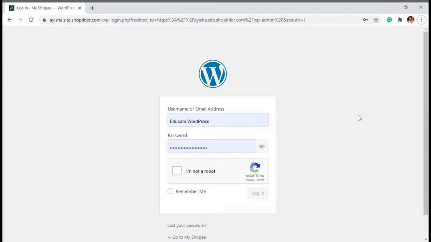I'm Aisha and in this video I'm going to tell you how you can add a reCAPTCHA into your WordPress website. So this is my login page and you can see there is an I'm not a robot option from the Google reCAPTCHA. When you have a reCAPTCHA on your login page or comment page, there won't be any spam or malicious software activities trying to get access to your website. So you can protect your website using this reCAPTCHA option.